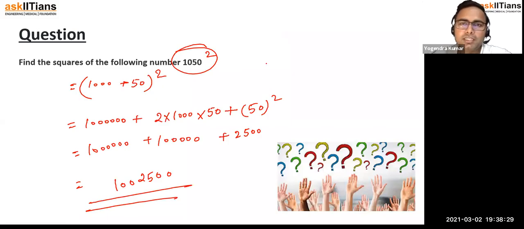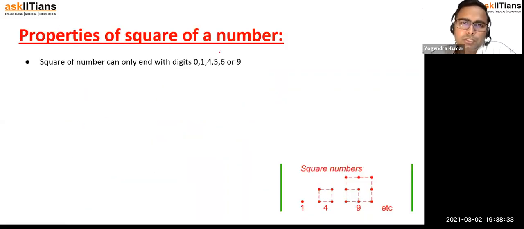Now, what is the next point, which is very, very important? We need to learn the properties of squares of numbers, right? So let's see. Squares of numbers can only end with 0, 1, 4, 5, 6, and 9. How does it come? Let's see. 0 square is 0. I'm writing a few squares, and then we will observe. 1 square is 1,